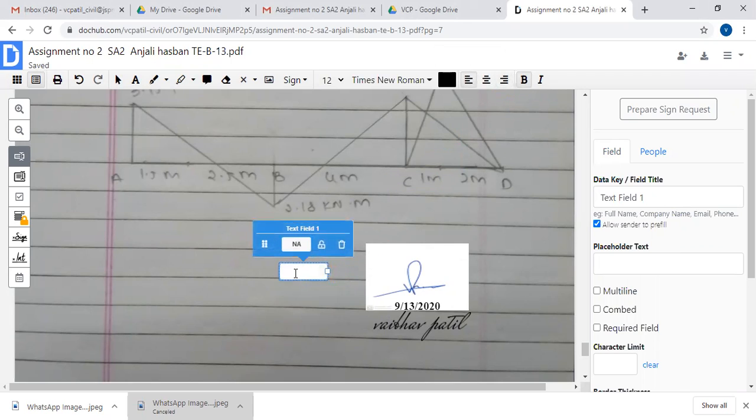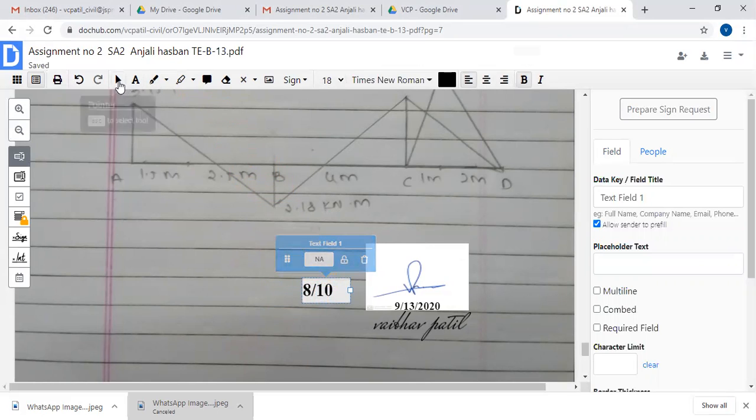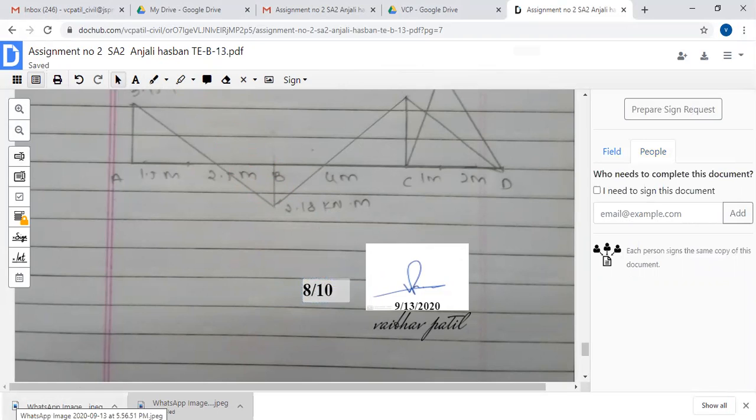Suppose I am giving the marks of 8 out of 10. Okay, it is easy to understand. If I want to increase the size, it is also possible, and move it into the nearby area, and go to the cursor sign, and it is over, 8 out of 10 marks.